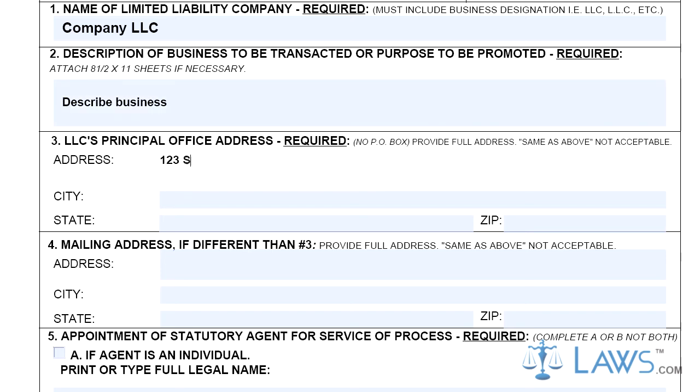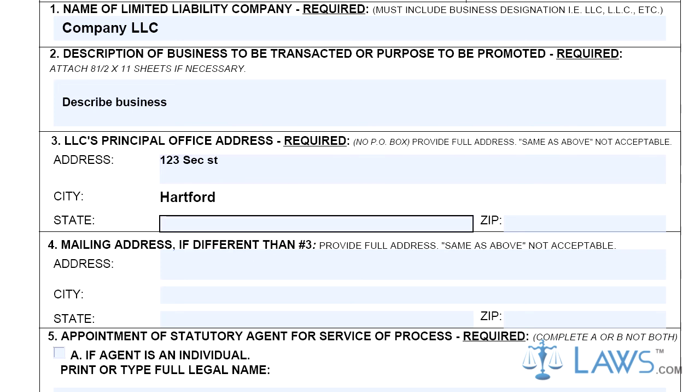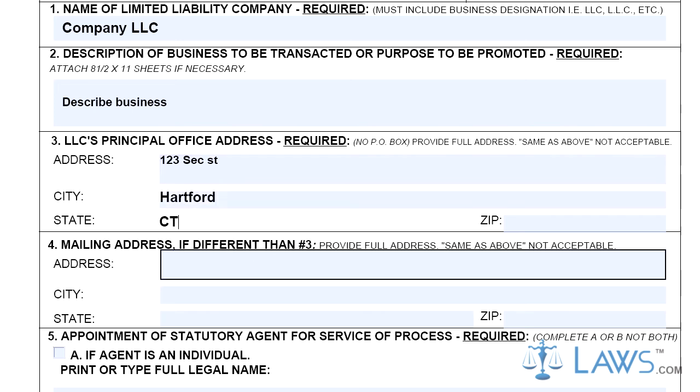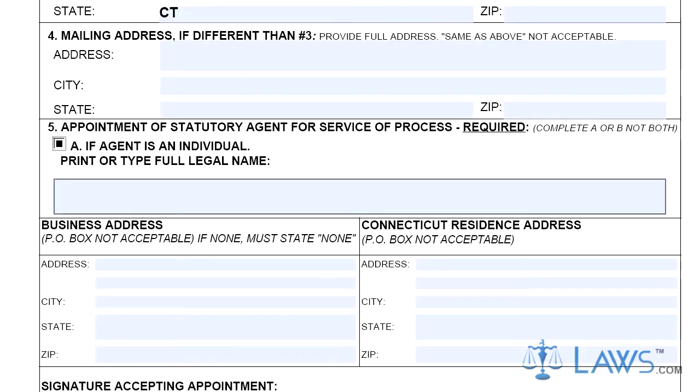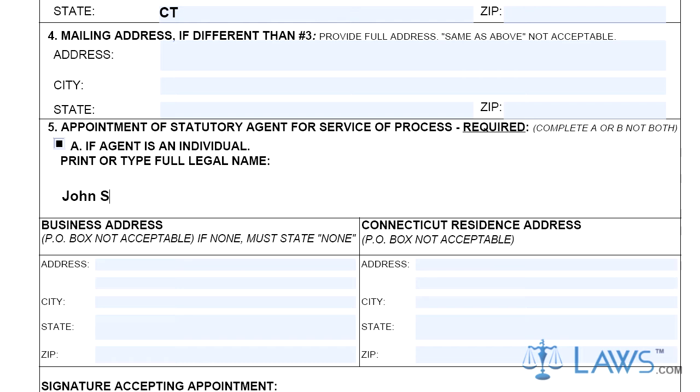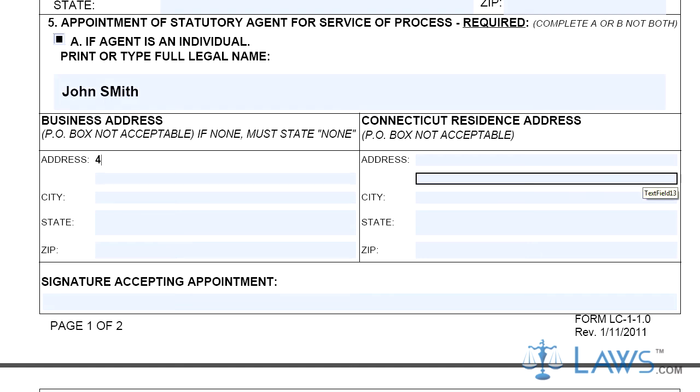Step 3. Provide the principal office location of the LLC, including street number, street, city, state, and zip. If the mailing address is different, provide the address in Part 4. Step 4. In Part 5, provide a designated statutory agent for the service of process. Check the appropriate box. The LLC can appoint an individual if they have a personal or business street address in